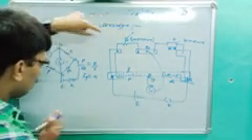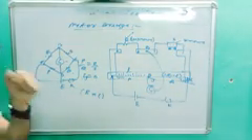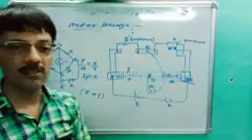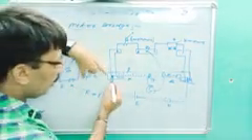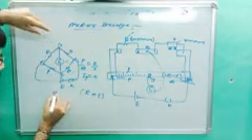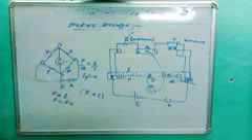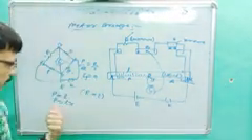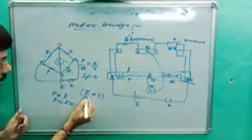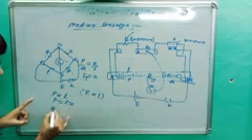We know R is proportional to L. If length increases, resistance increases, so resistance can be found in the form of length. Now see there, the length between A and D is L, and the resistance is P. It means P is proportional to L, or P is equal to Lx, where x is any constant. Similarly, Q is proportional to its length.